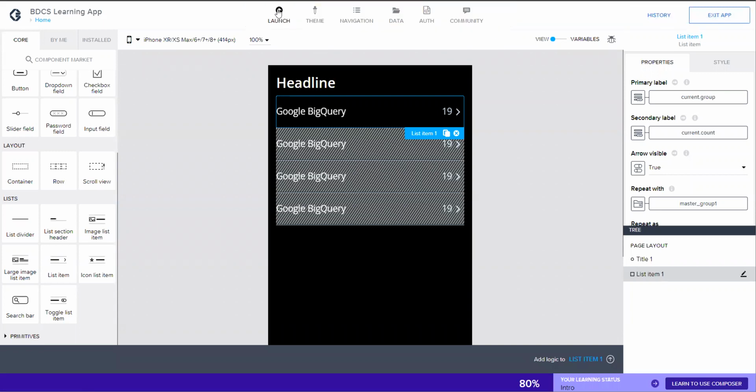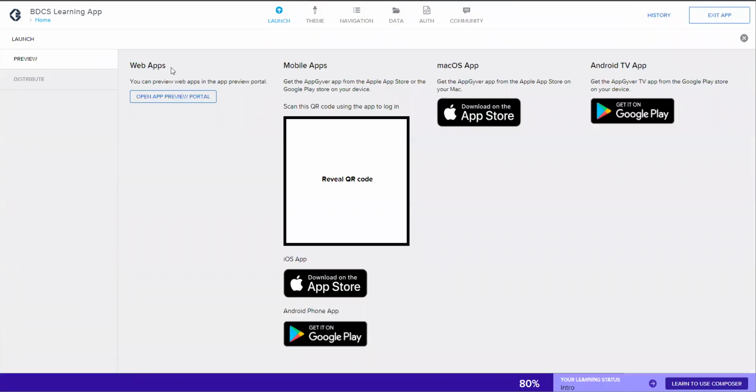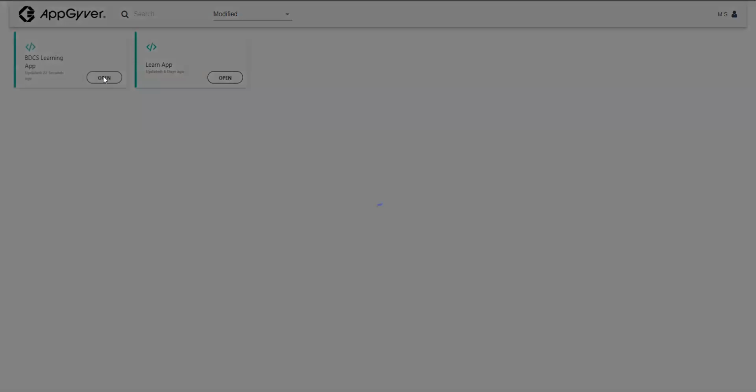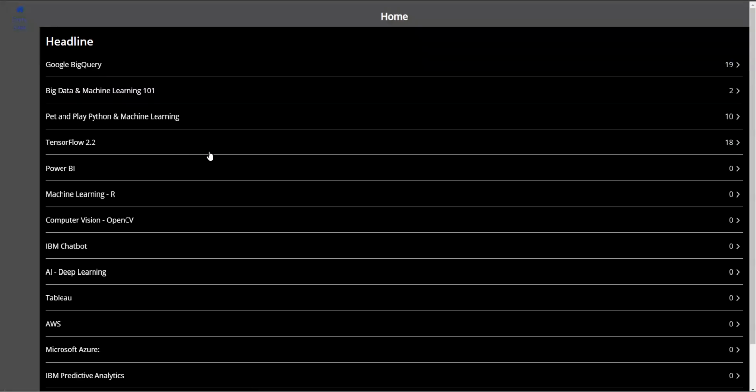So click on this launch. We do not have any connections yet to a simulator like BlueStacks or whatever. We'll talk about that later. But for now, click on Open App Preview Portal. And it's going to ask you to select the application. And look at that.